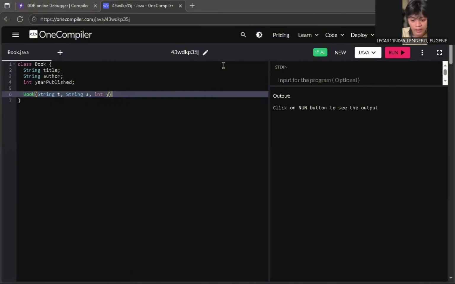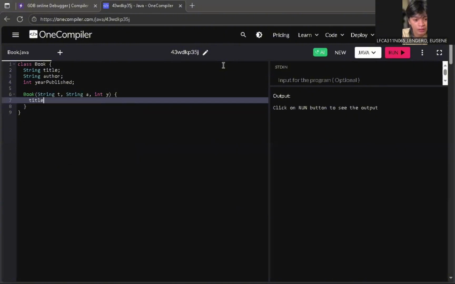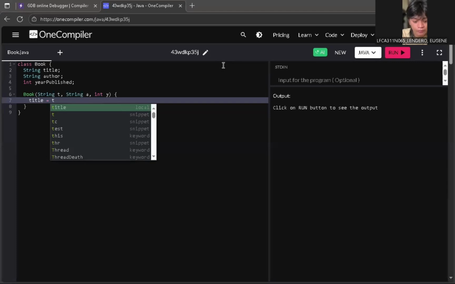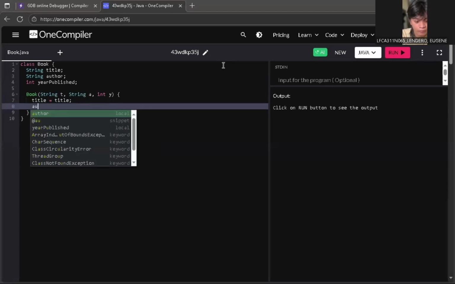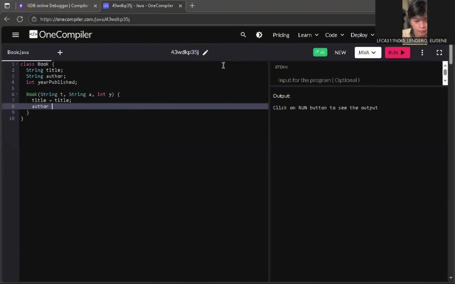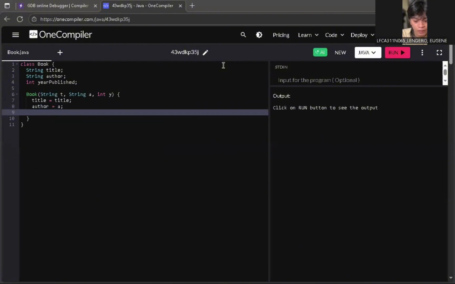Then we have to put in curly braces. We have to call the variable which is our title. Then for our year published.